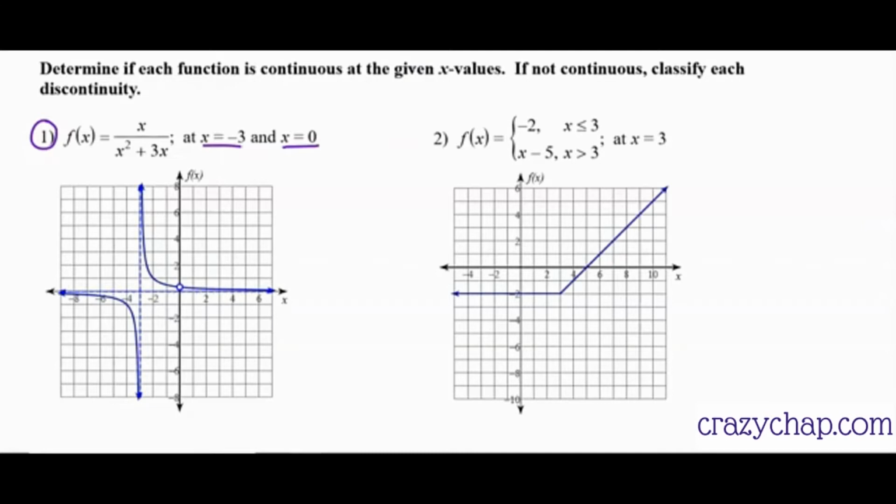So in the given function, the graph is given to us. We can see that at minus 3, you can see where is x minus 3? It is here, right? I am marking it with blue. X is minus 3 at this point, and all throughout we have a vertical asymptote at minus 3. You can see the dotted line, that is called an asymptote. So that is why we will say that at minus 3 we have an infinite discontinuity.